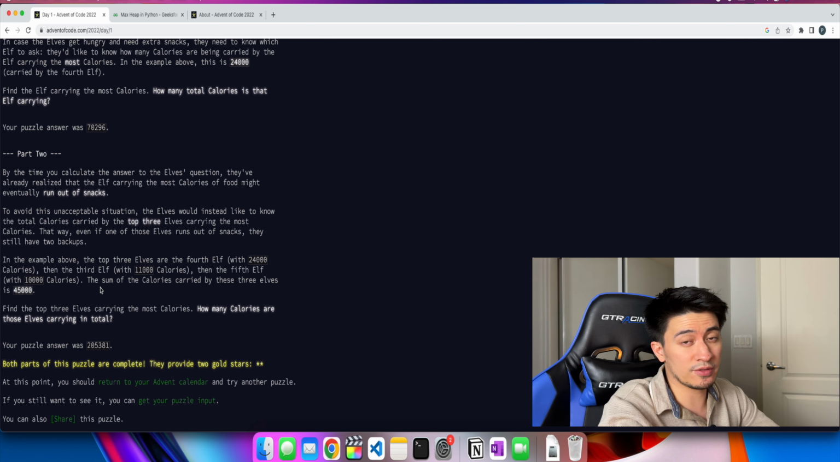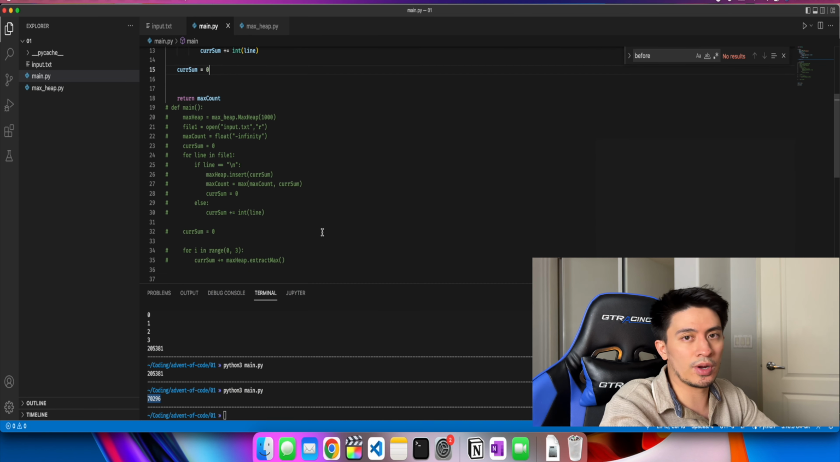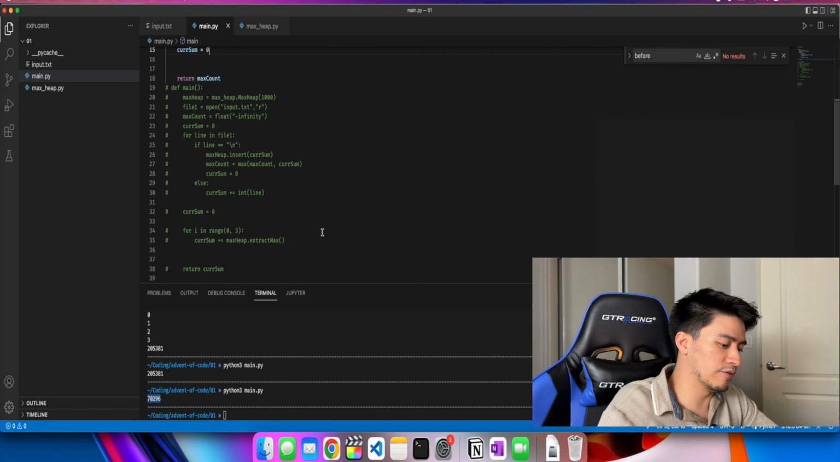So what we're trying to find now is the top 3 elves carrying the most calories. How many calories are those elves carrying in total? Now, the first thing that came to mind when I was solving this was let's just create an array and we'll store the first, second, and third place max values in each of those. But when I started actually doing the implementation for this, I noticed how verbose it was, because you'd have